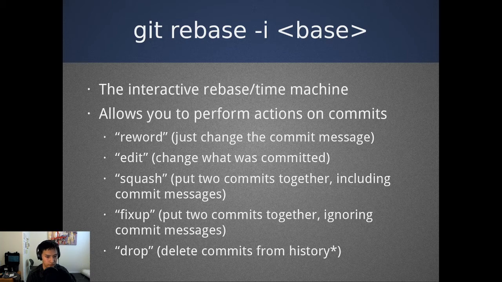So you say git rebase -i, and you provide a commit hash usually, and then Git will pull up a list of all of the commits from that hash up to now, and then you can do a few things, right? Here are some of the operations you can do. You can reword, just change the commit message. You can edit the commits to even change what was committed. You can squash, which is